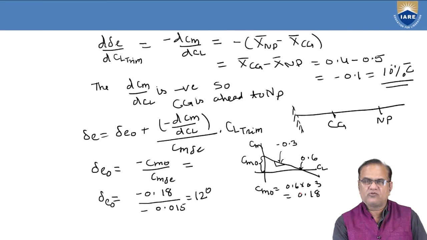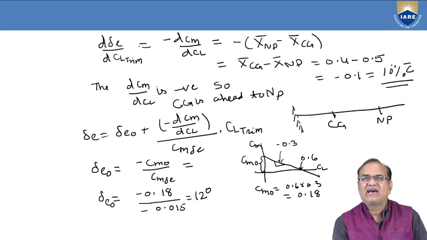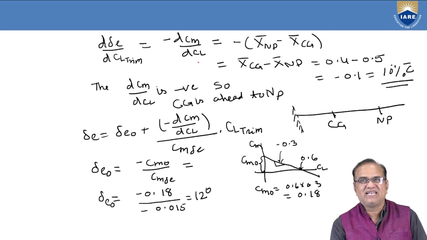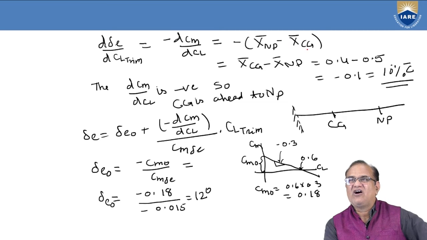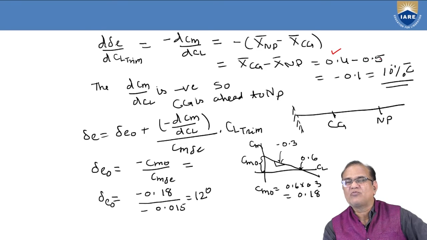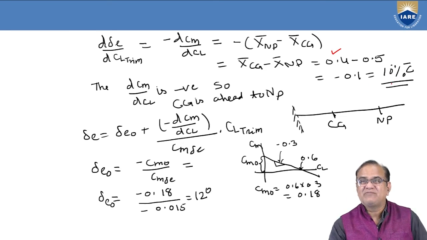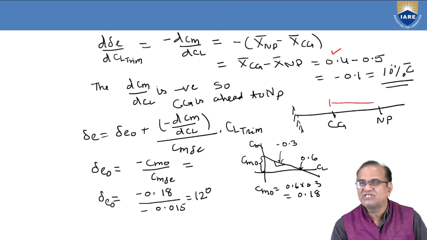So here we have to further see what is d delta E by dCL trim. D delta E by dCL trim we can write as minus dCm by dCL, and this minus dCm by dCL is equal to minus (X NP minus X CG), or X CG minus X NP. X CG is now 0.4 minus 0.5, so it is minus 0.1, or this is called 10% of the chord. So what is the meaning of 10% of the chord? From this distance to this distance, this is 10% of